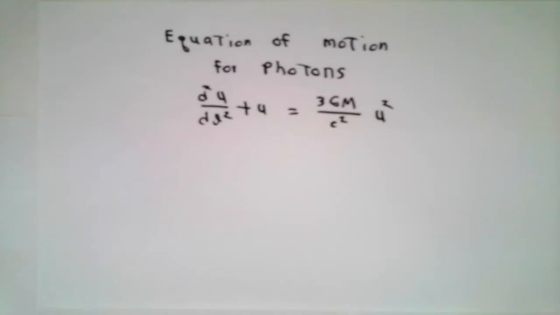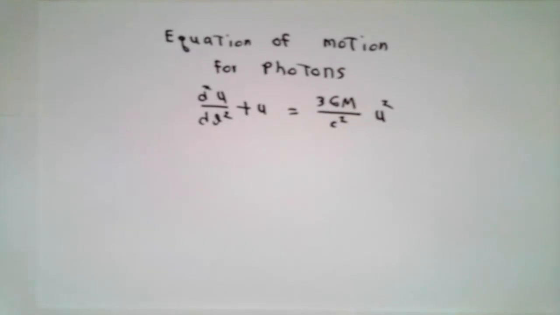other place. If you're wanting to look at the path of a photon that is not a circle, then you have to deal with this differential equation, and there's bad news. This equation is too complicated to solve in any nice closed form way. We'll see what we can do about that in a moment, but in the meantime, I want to fix my